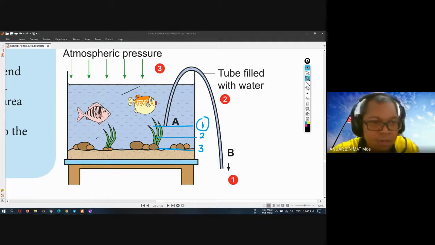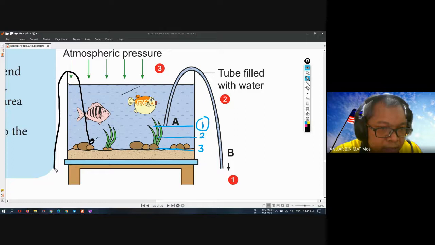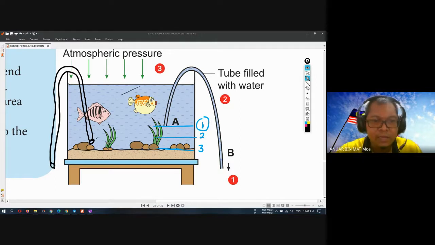If I have another tube over here, from here, and then outside like this. Okay. If I have the tube like this, it can nearly empty the tank, because the end of B over here,